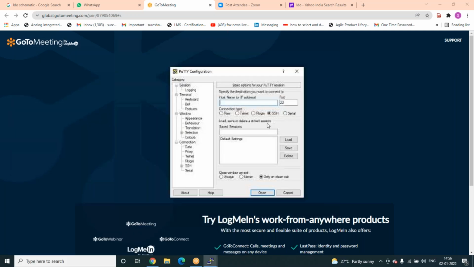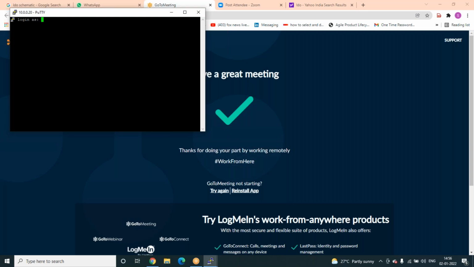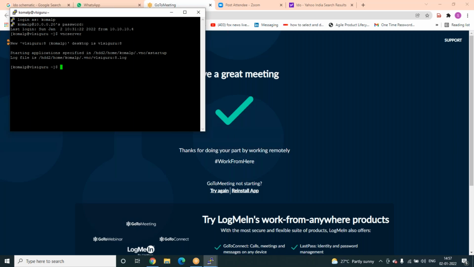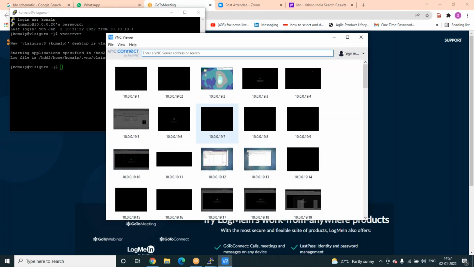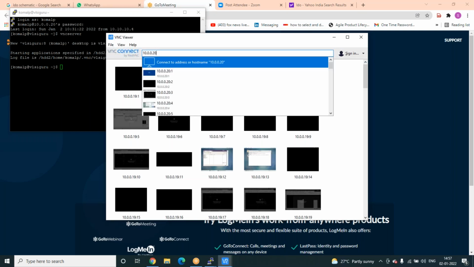Okay, so next I'll show you the tool. This tool is supported 24 hours.